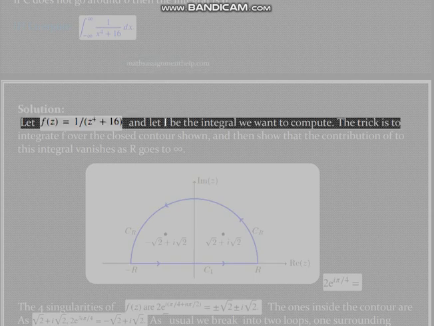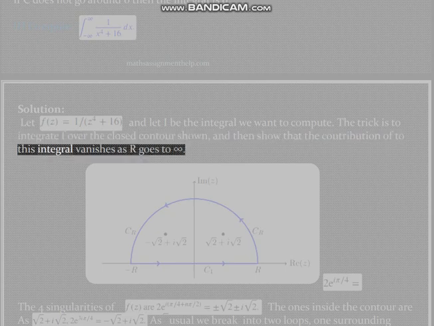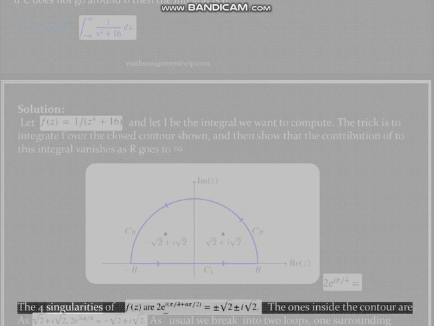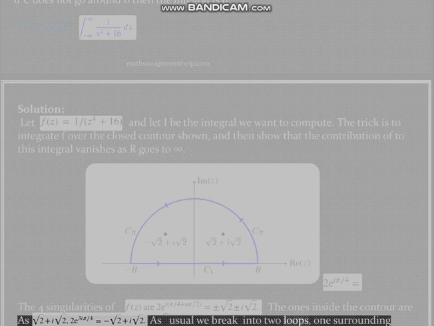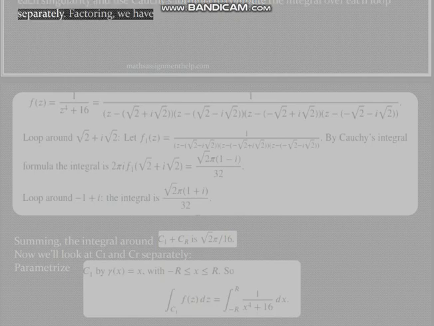Solution: let f(z) be the integrand and let I be the integral we want to compute. The trick is to integrate f over the closed contour shown, and then show that the contribution of the arc C_R to this integral vanishes as the arc goes to infinity. The four singularities of f, the ones inside the contour, are as usual. We break into two loops, one surrounding each singularity, and use Cauchy's formula to compute the integral over each loop separately. Factoring, we have